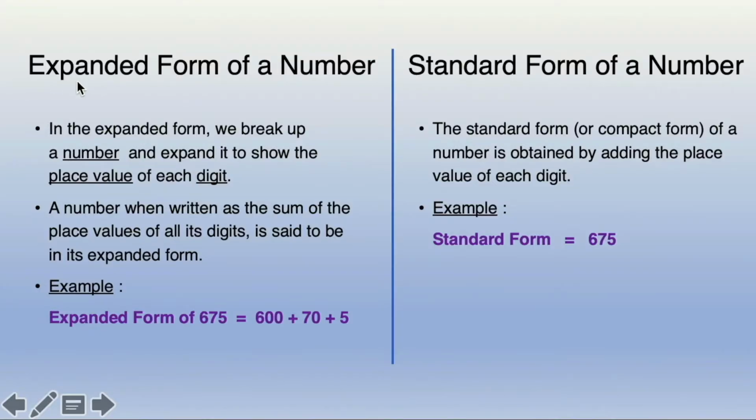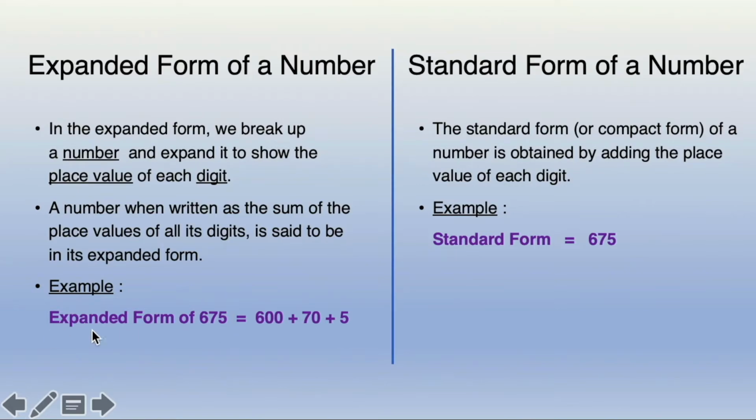Now, what is an expanded form of a number and standard form of a number? So, to expand means to write it in detail. So, over here in the expanded form, we break up a number and expand it to show the place value of each digit. Now, how do we do that? A number when written as the sum of the place values of all its digits is said to be in its expanded form. So, over here we have the number